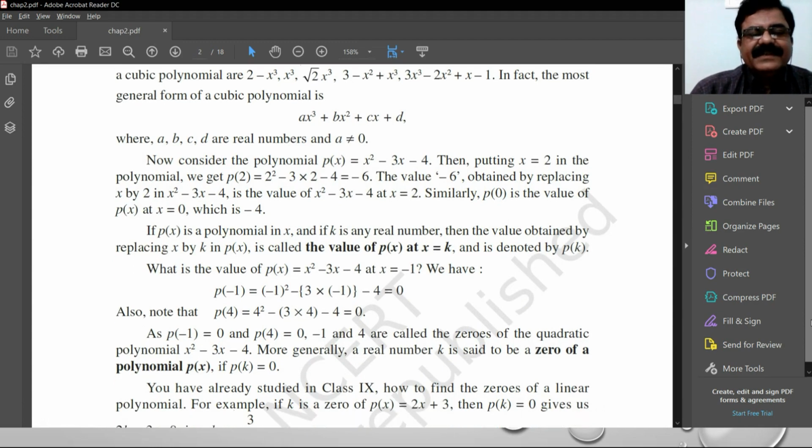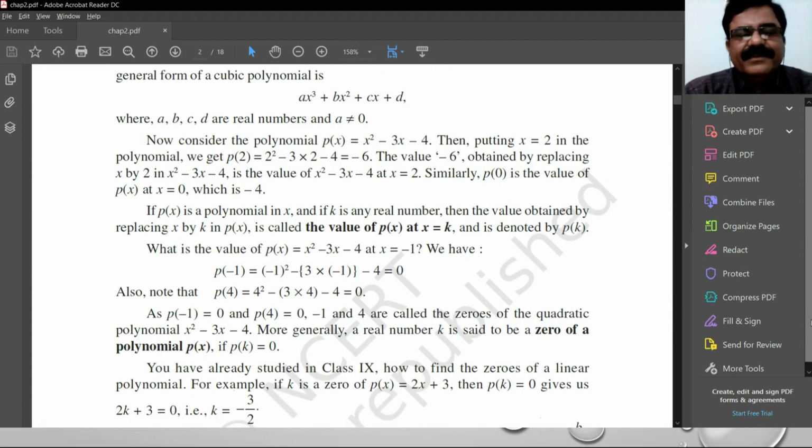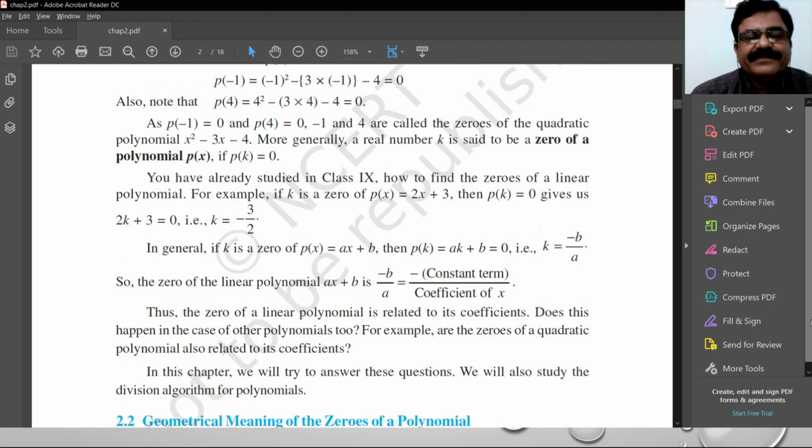You can see that if in a polynomial of x we take the values which satisfy, as the value of 0 of the given polynomial, such a value is called a zero of the polynomial. So a zero of a polynomial is the value which satisfies the polynomial to obtain 0 as the resultant. This is called the zero of the polynomial.